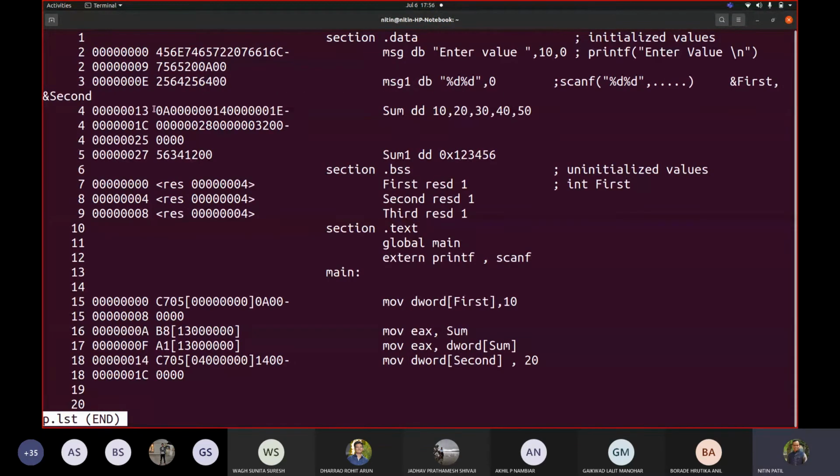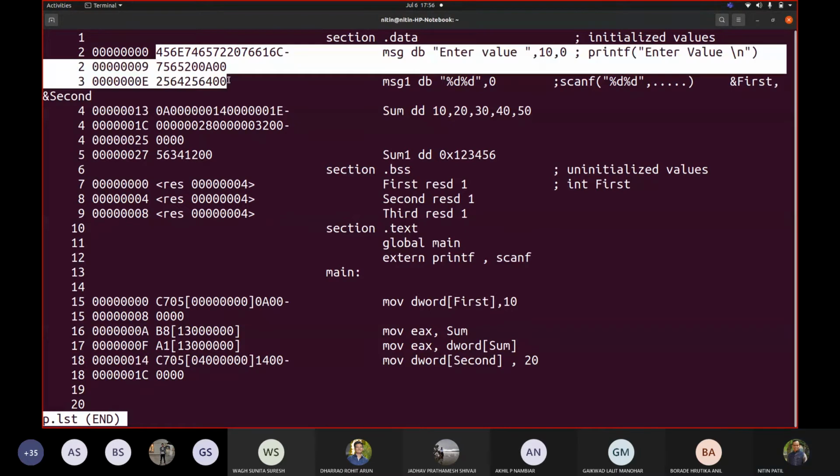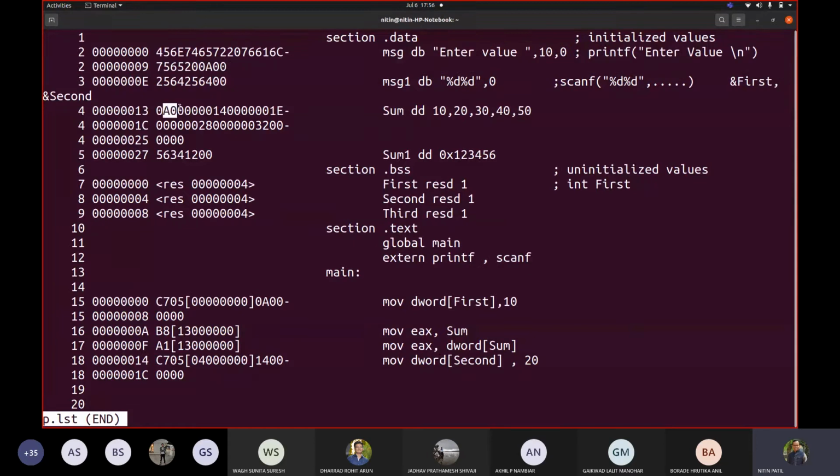Here I can explicitly tell that this is 10, this is 20, if I try to convert them into decimal. And I can definitely see that whenever I see different characters, this is a string. And these are probably numbers. You can see how they are organized.